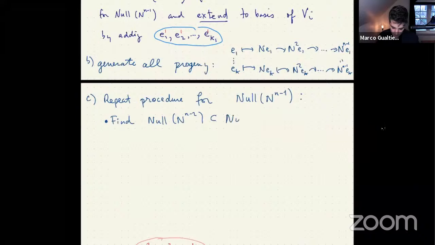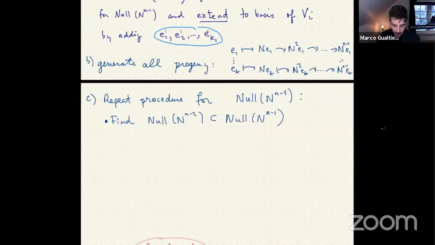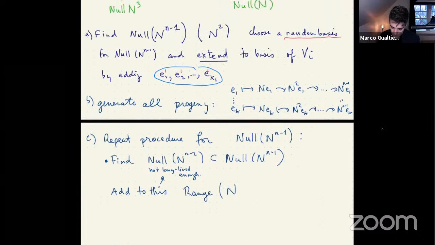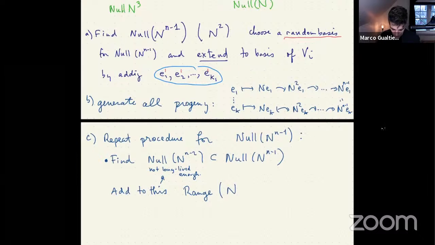Inside the null space of N to the n minus 1. So these are the ones that are not long-lived enough. Okay. Add to this the image, add to this the range of N, add to this the span